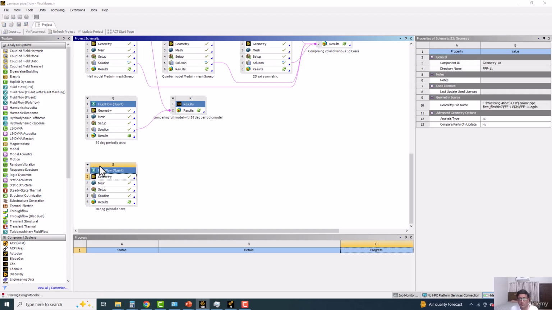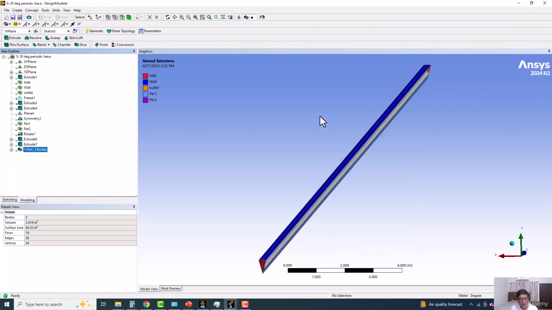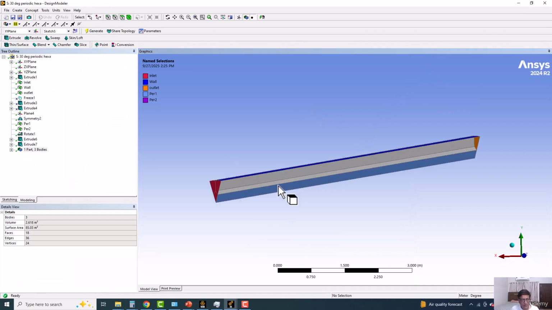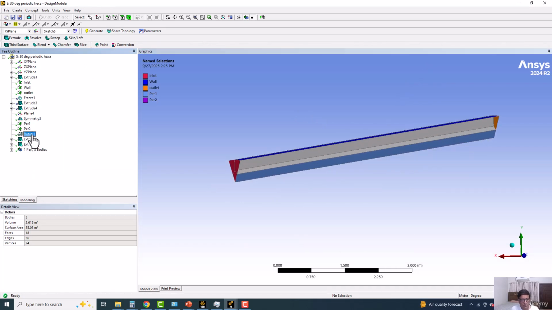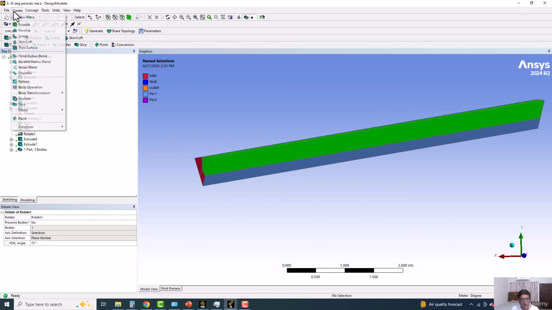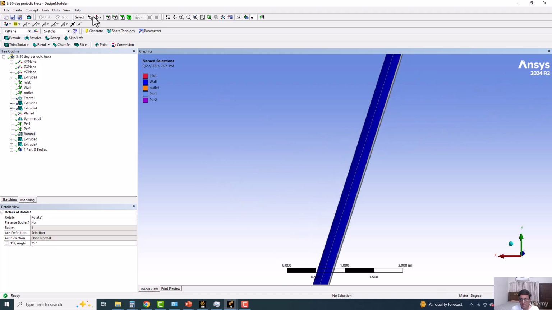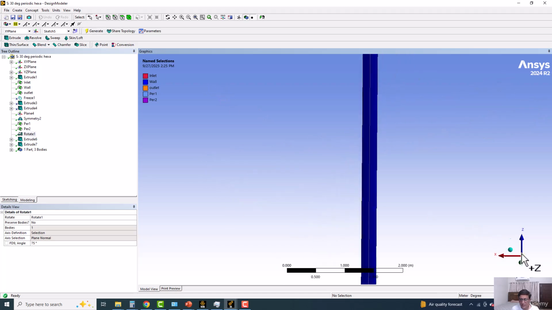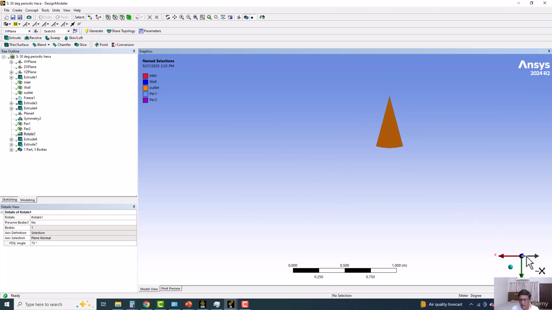Okay, I will give you a brief idea about the geometry creation here. The geometry creation requires some decomposition. So I have to decompose the geometry. You can see here, number one thing is that I have clicked on rotate, and I actually put the rotate command, body transformation and rotate. So what I did is that initially the geometry was at the